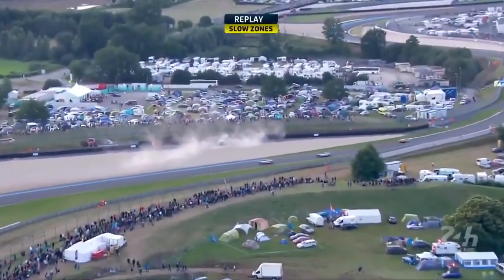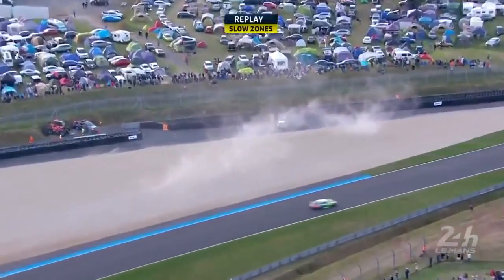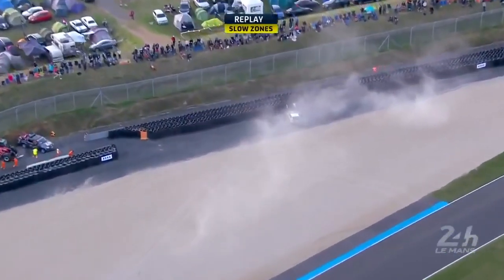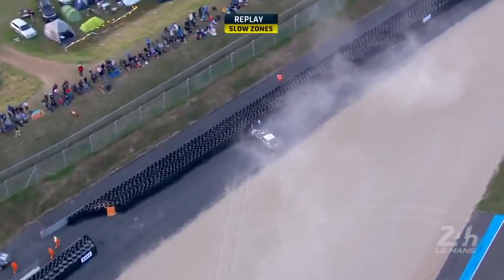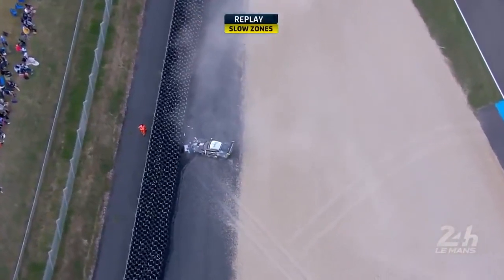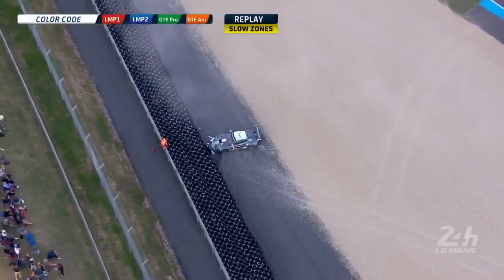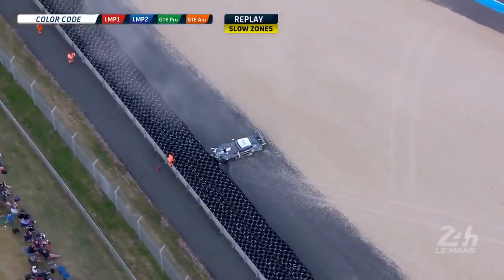In fact, she's been in for a couple of hours now. That's Paul Dalla Lana's shunt, and he just went straight off. Now, did he drop a wheel off? At the speed of turning in, it would spin, though. To go straight like that is unusual. As you said, maybe something more like brake failure. Think of the Ferrari that went off in qualifying there. He had that big...